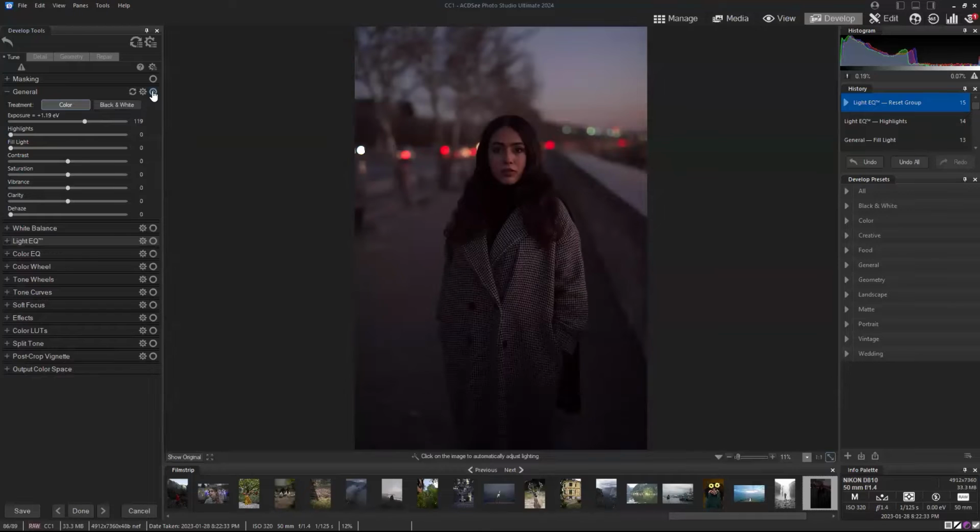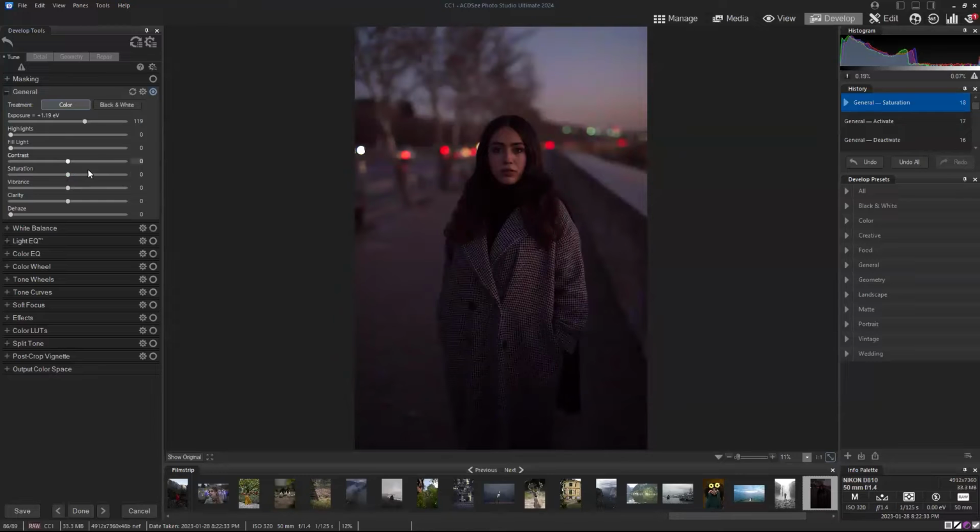Okay, so we've increased the exposure of our image. I'm not going to move the contrast. I will probably add a bit of saturation. Also, do you guys know the difference between saturation and vibrance? Saturation will increase the strength of all the colors in your photo. Basically, it increases the entire color of your image. But vibrance preserves